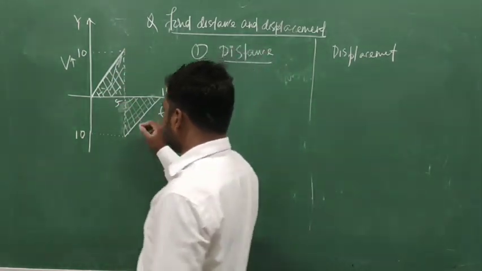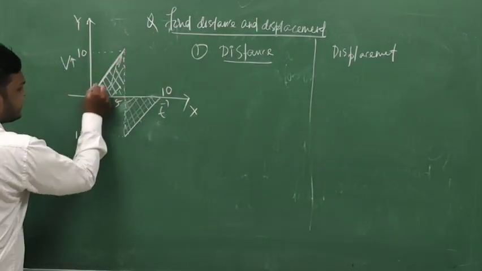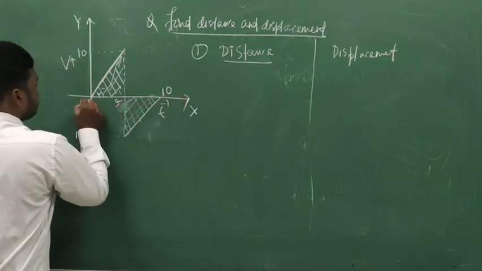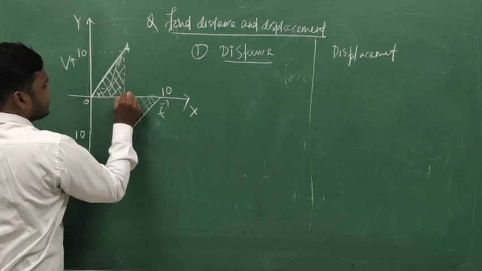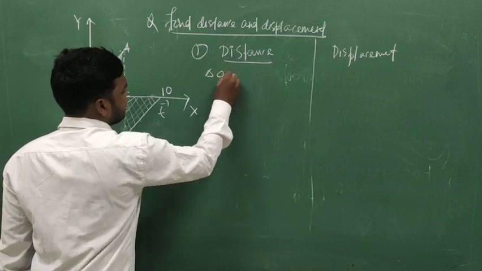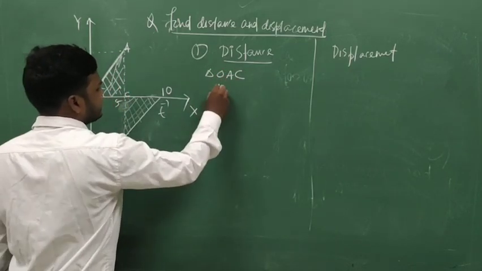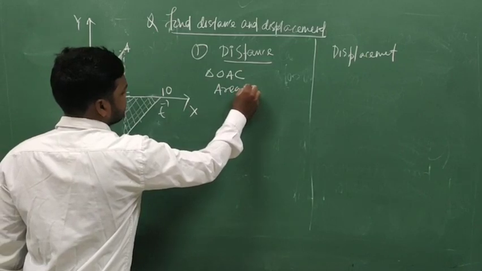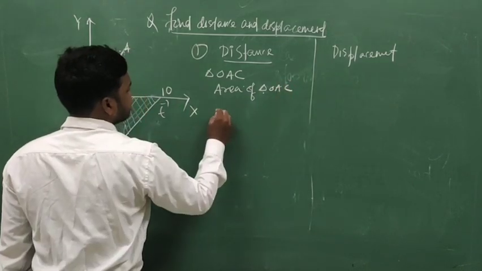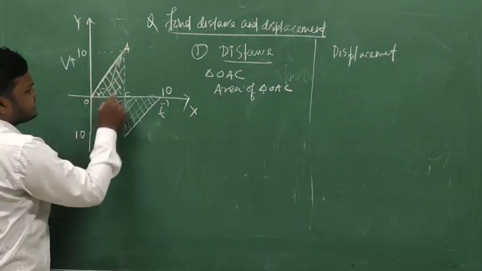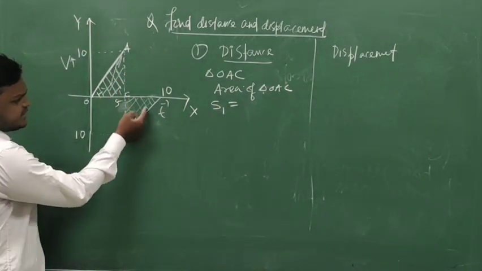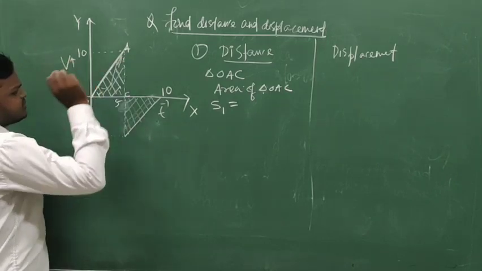Let's start. This looks like a right triangle. So in the right triangle, suppose we name it OAC, then the area of triangle OAC represents distance S1. Suppose this is the first distance S1, then comes the second distance. So this distance will be equal to,